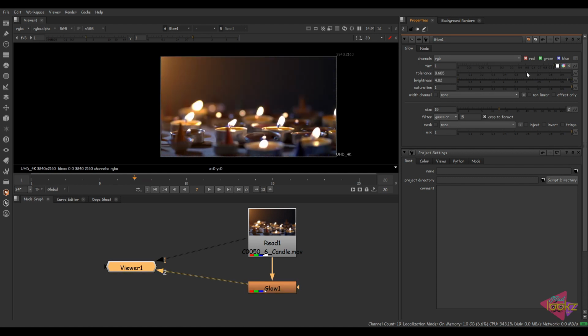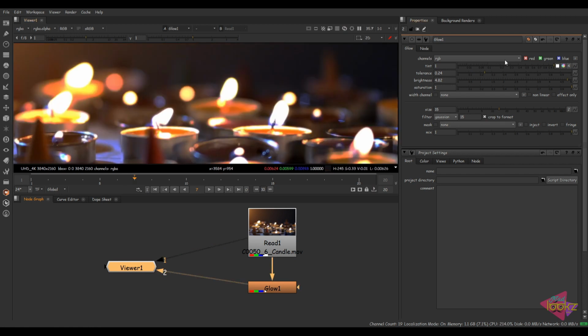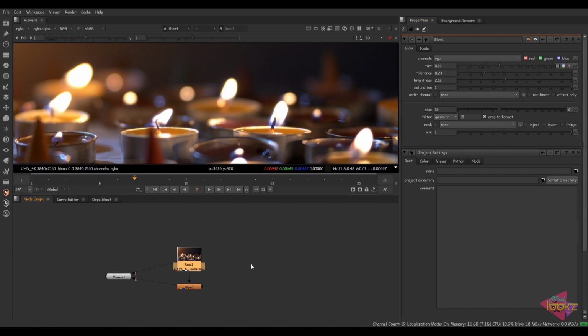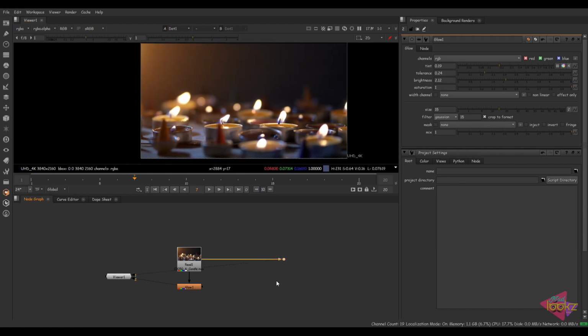We can alter the properties also, to reduce that effect, but I feel like something is missing. Yep, this is not the effect which I want. So even we can reduce the tint also. Yeah, but this is not working. I'll show you yet another method which is very basic and which is a key for you to explore further. I'm not saying this is the only method for creating this.